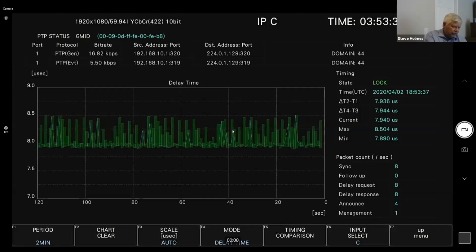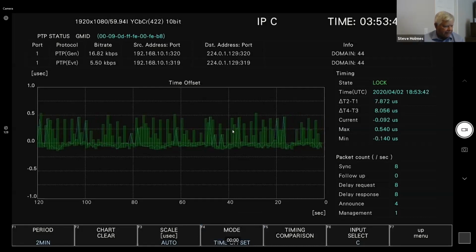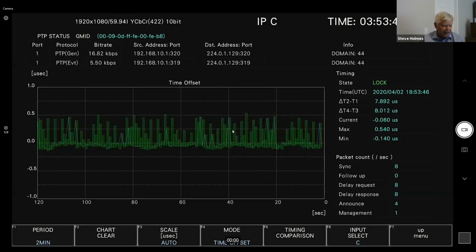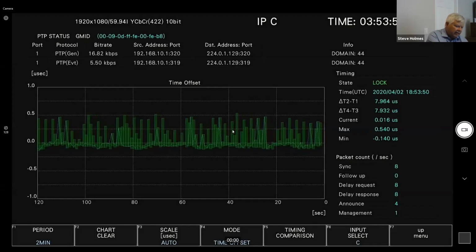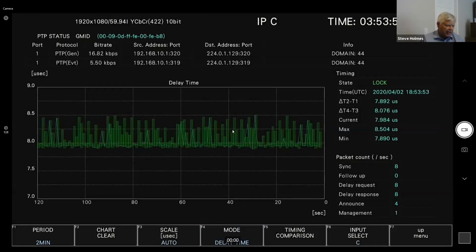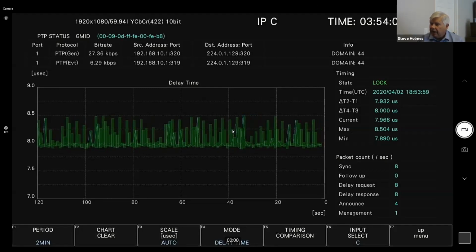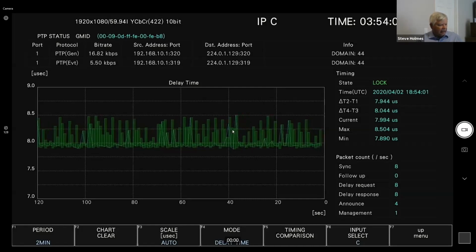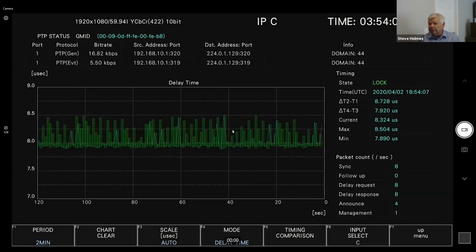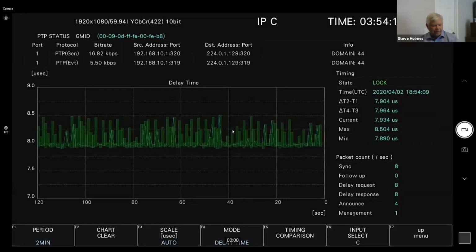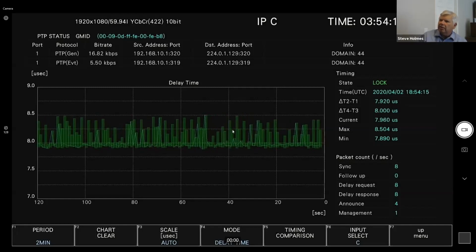And we can change the values. I can change to look at the time offset. And in this case, the time offset is going to be very indicative of what the delay in the network is, just because when the packets are moving, they're changing the amount of time, and we can go through that. I can look at the chart, like I said, from 2 minutes on out to 72 hours and look at different things. If you notice at the top of the screen up there, I am locked on